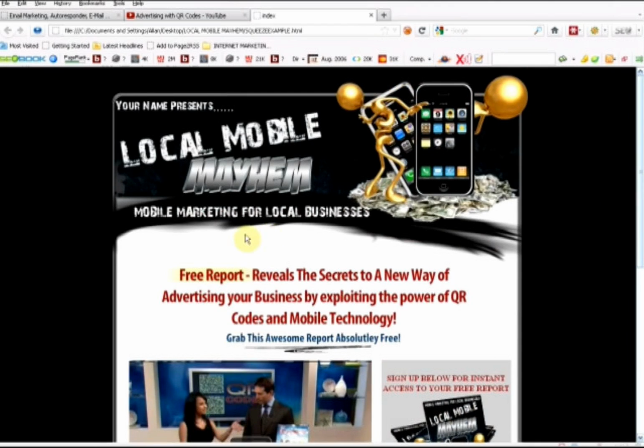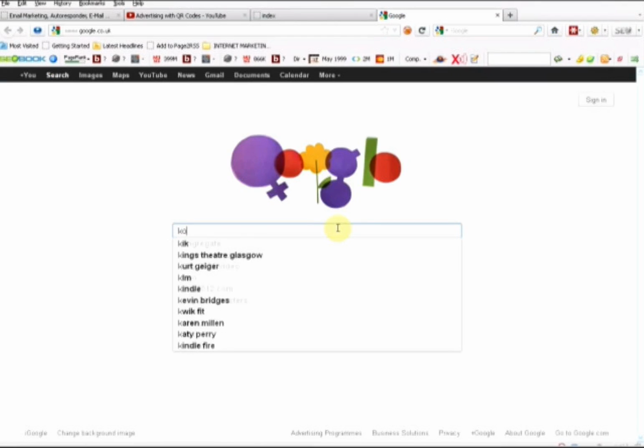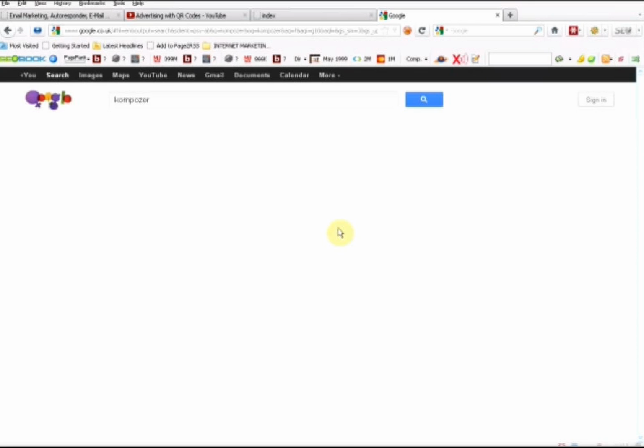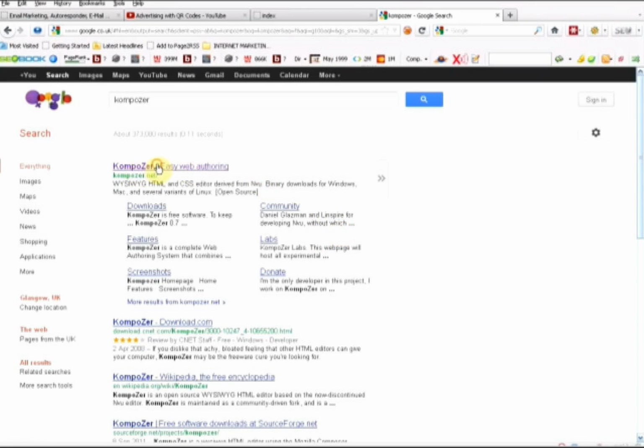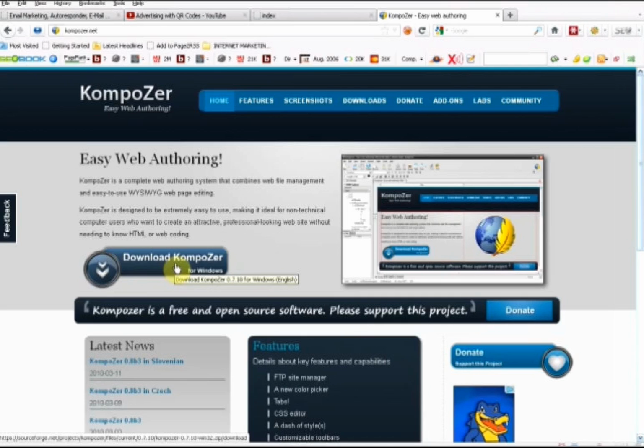So as I say, in order to create this, we need an HTML editor. If you go to Google and search for Composer, that's Composer with a K and a Z, so it's composer.net, click on that, and click the download Composer button here, and then install the software in exactly the same way as you normally would. Okay, so if we load up Composer here,